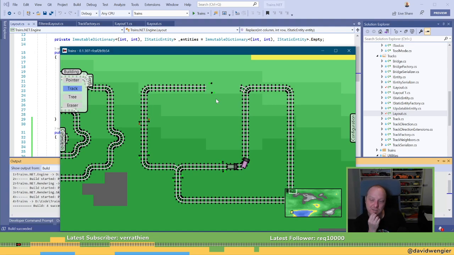Oh, nothing sets the direction, because I'm not calling add, and add checks everything. So if I erase that and erase that, does putting a track there make it? No. That's probably the real fix.